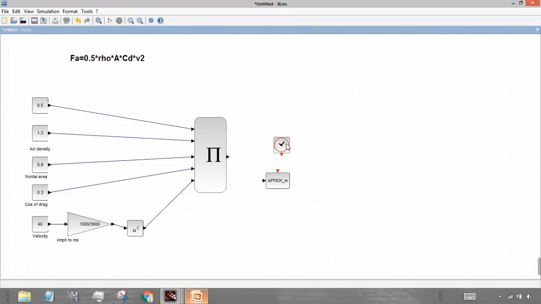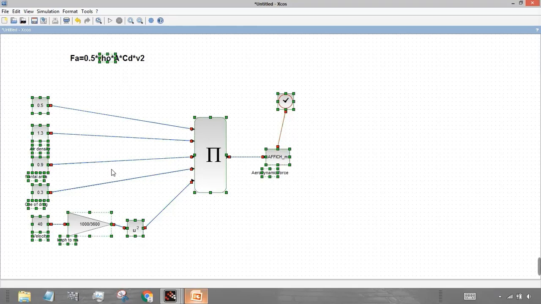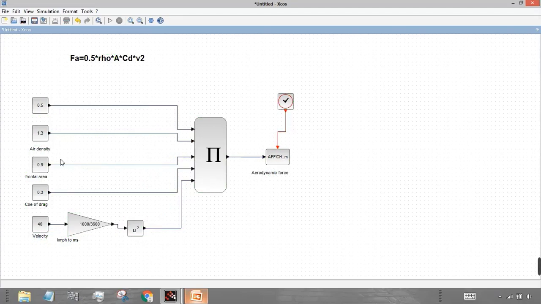Then again get the output of this block to a display block so that we can see the answer, and then the clock. So this will be your aerodynamic force. Then just select Ctrl Alt and press O for optimal line orientation.